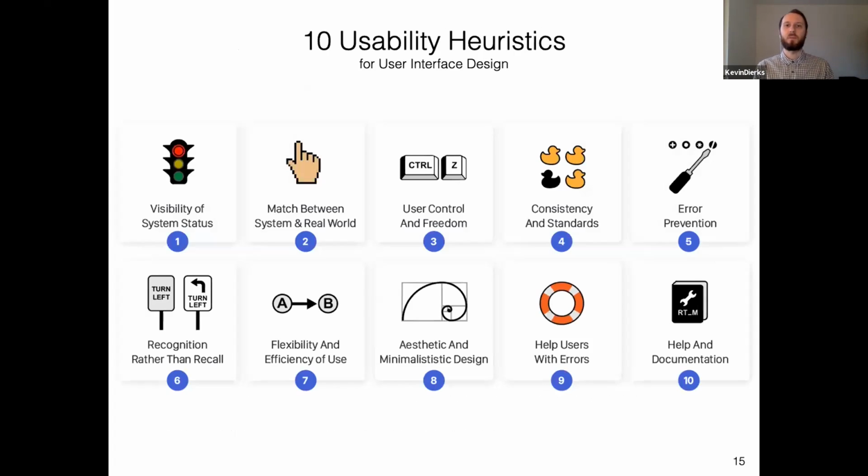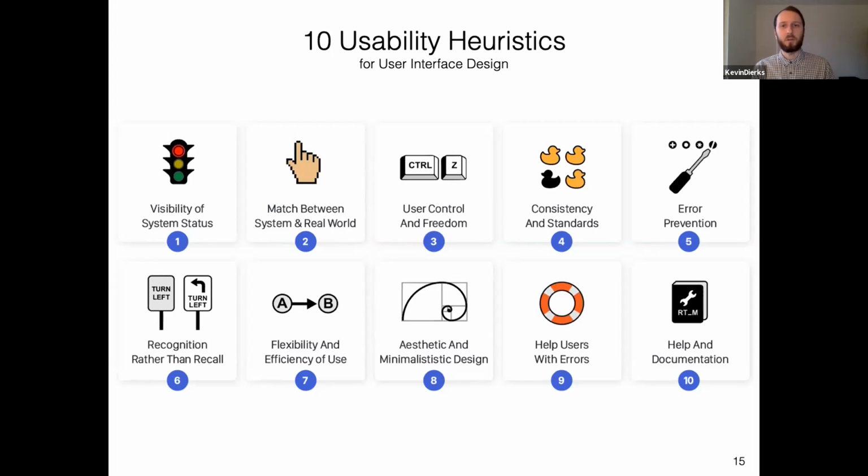Another thing that I love to mention when talking about user experience and usability is the usability heuristics for interface design. These are the ones from the Nielsen group. There's more heuristics, but these ones are very present. And these apply to everything, not just mobile apps, but also desktop apps, web apps, everything. And just to name a few, visibility of system status. You want to show the user that something is loading. So you want to display a loading indicator.